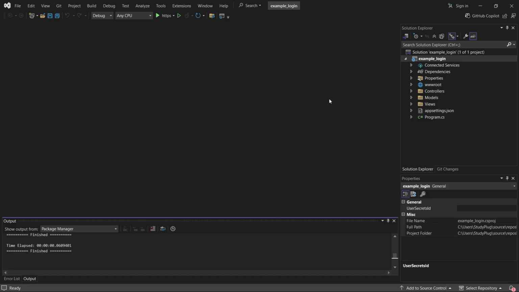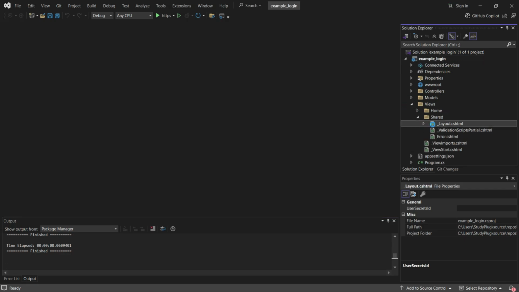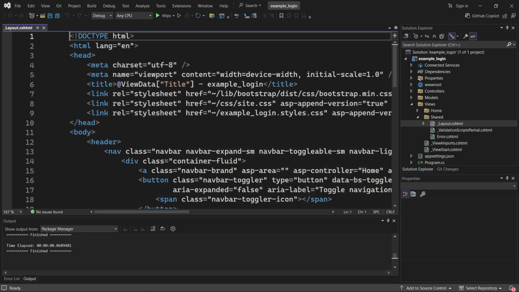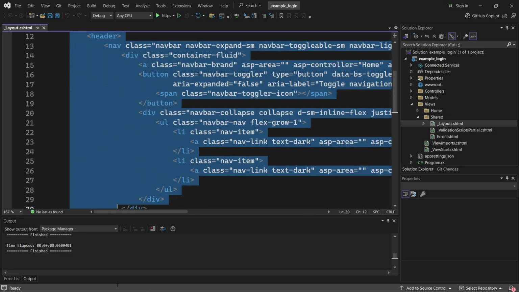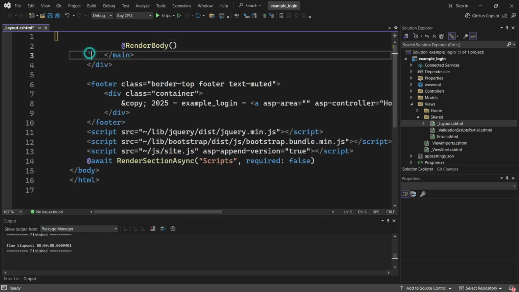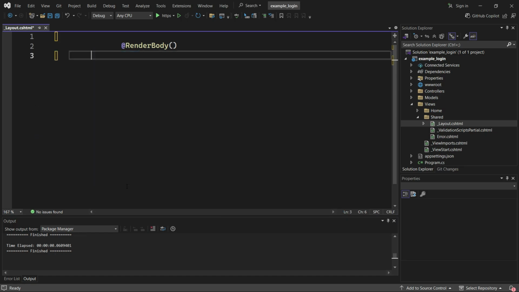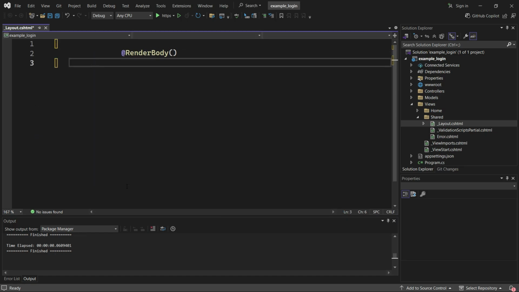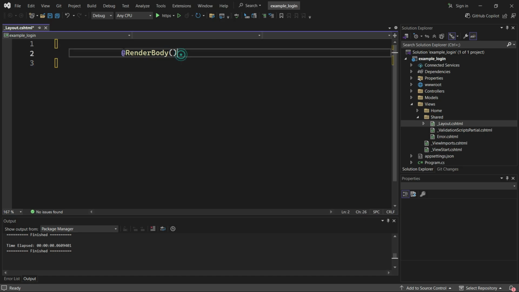I can close this. Since I'm going to code, I will go to the _Layout to remove whatever is there, but leave the RenderBody, so that I can have control of whatever I'll be doing. Here, I don't want to use any style that is found inside the template. We know the templates, they come with code most of the time. If you prefer to use the styles and scripts found on the template, you can use them. But if you don't prefer to use them, then you remove them, and you will create your own